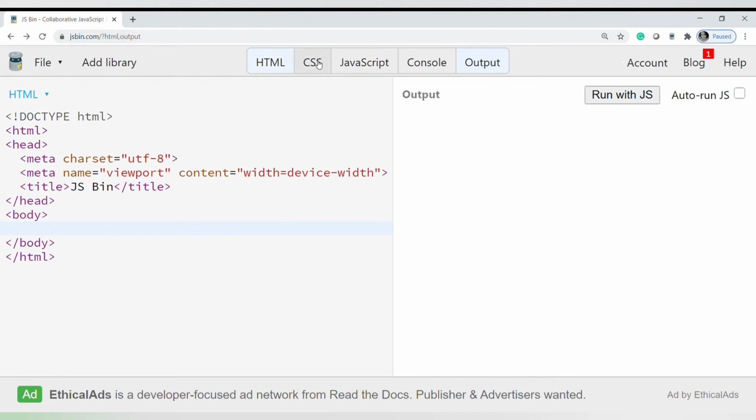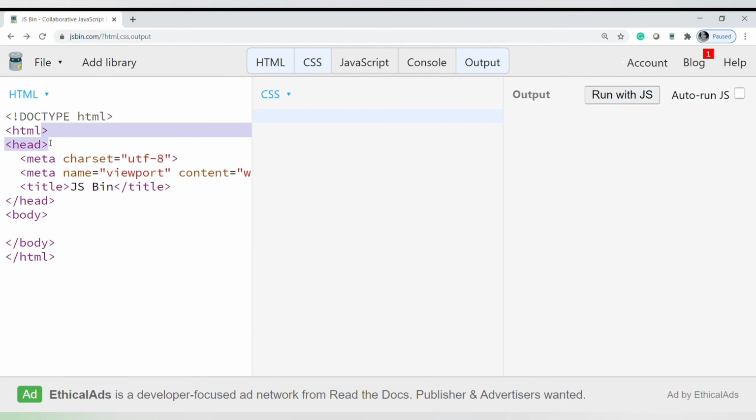First is your HTML screen, and this is our CSS screen. One difference I forgot to tell you is about the brackets. First we were using angle brackets, and now we are going to use curly brackets. Whatever you write here will be displayed as CSS code, and we will get some output. There is also a relationship between each and every line, like grandparent, parent, son, grandson. Some relationships are there, and that's all right.